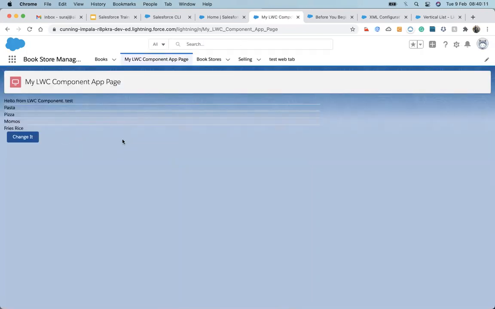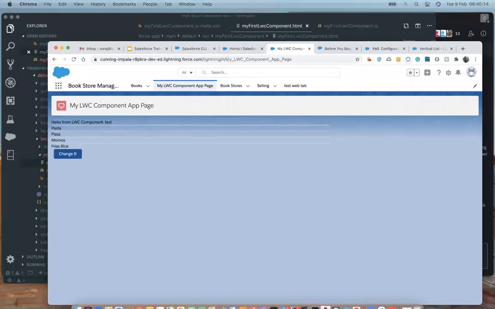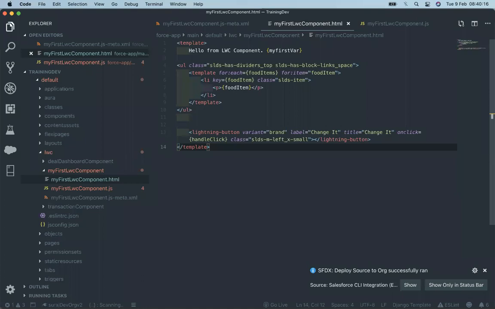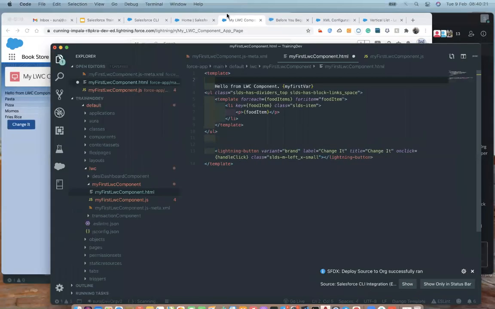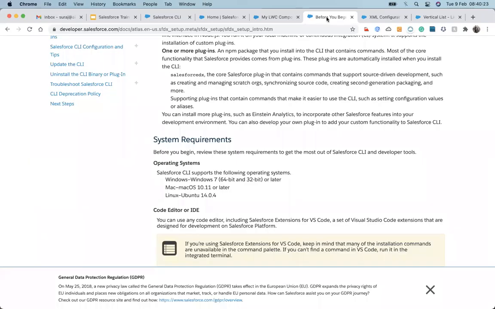Okay, it's showing up here, but it doesn't look good. So for that, let me make the background white. For making a background white, we have a component called lightning card.